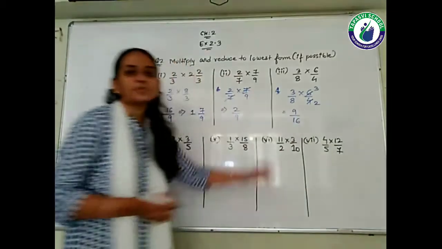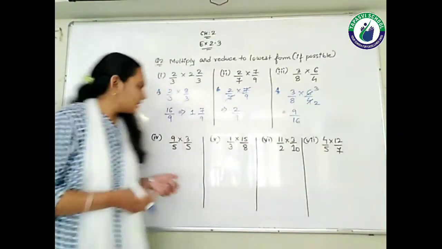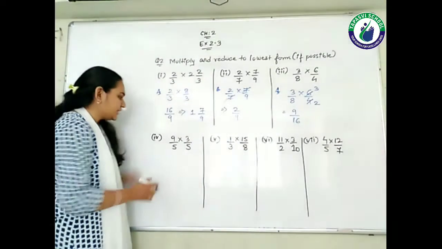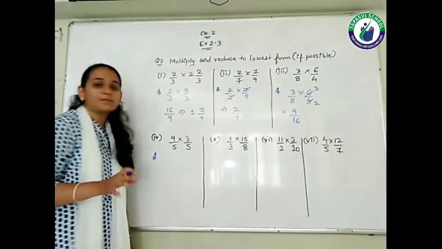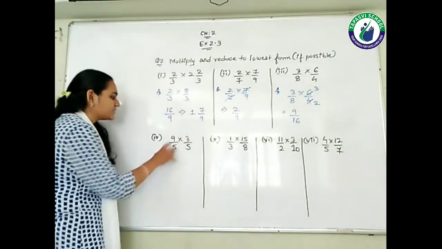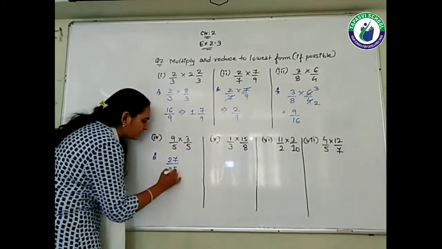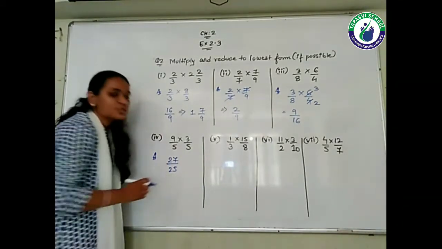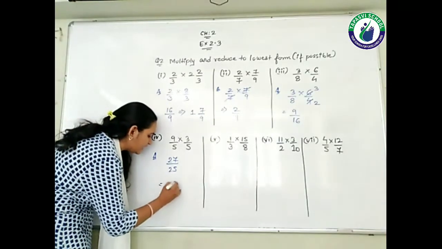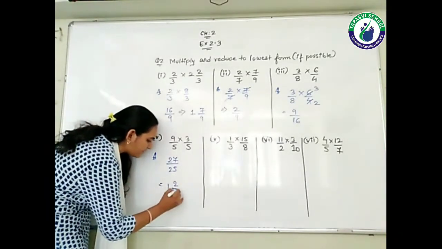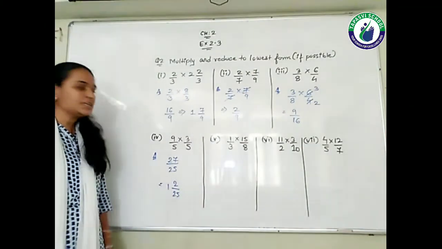Is it okay, students? This is a proper fraction, so there is no need to convert it into a mixed fraction. Now see here the fourth question, students. 9 upon 5 into 3 upon 5, nothing can be cancelled out, so directly we are multiplying. So 9 3s are 27 and 5 5s are 25. Now this is an improper fraction, students, so I am converting it into a mixed fraction. So 1 integer 2 upon 25. Is it okay, students? 1 25 is 25 plus 2 will get 27.